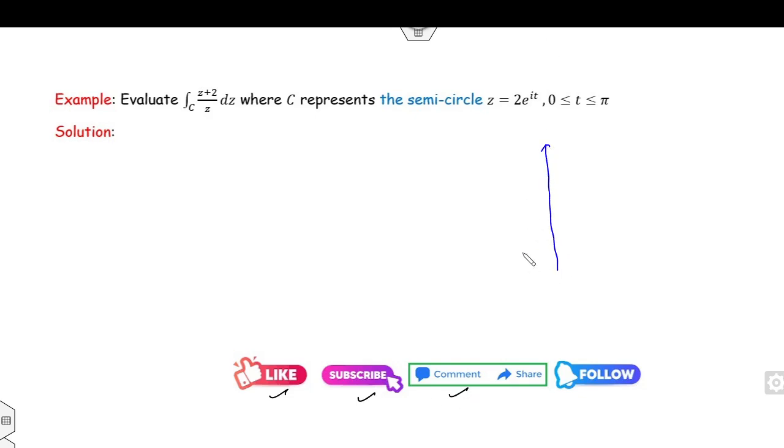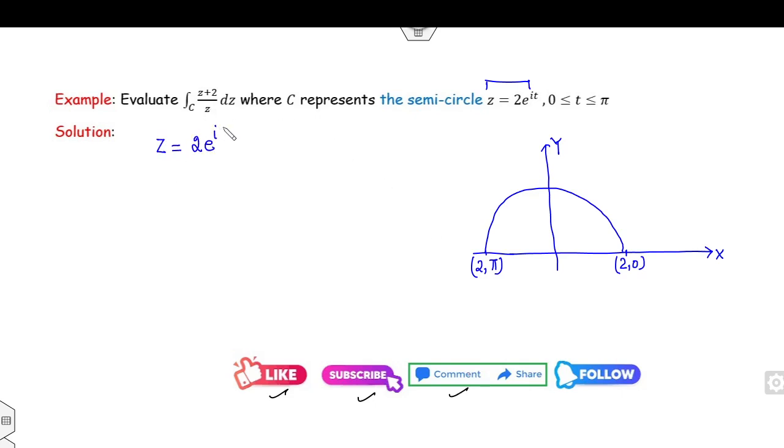Again, your target is to find the integration. So firstly, you can draw the curve on the xy plane. This is the equation of the circle, but the angle is only from 0 to pi. So that's the equation of the semicircle. Fine. This is my 2 comma 0 and this is my 2 comma pi. Then can you write the equation of the circle is? Fine. Your target is to find the value of dz, 2 iota e raised to power iota t into